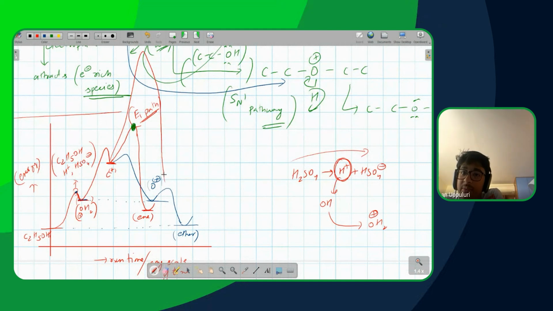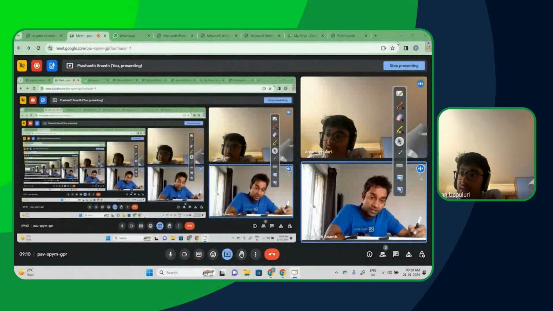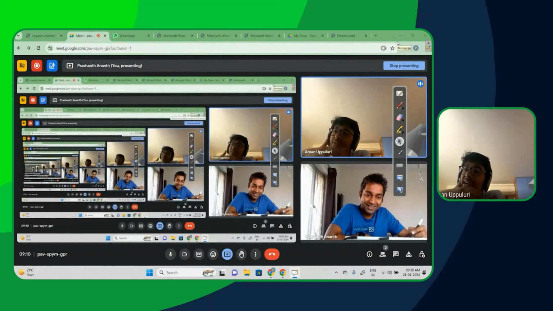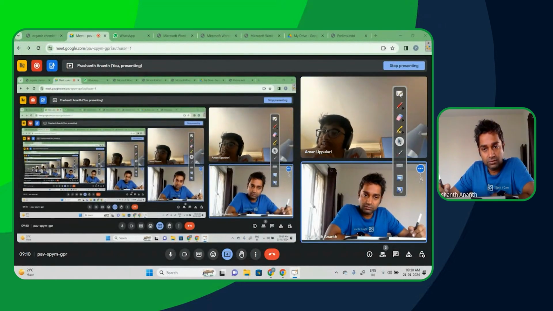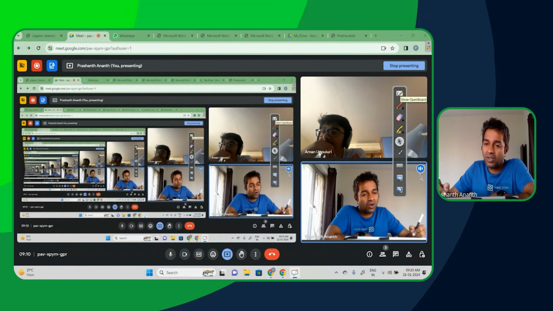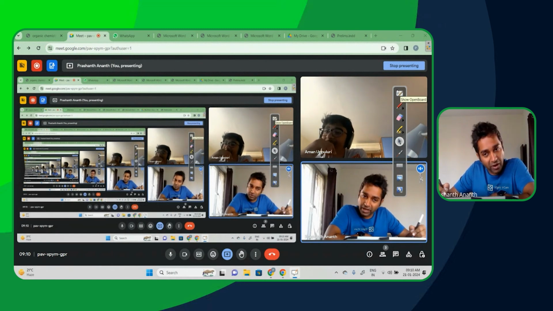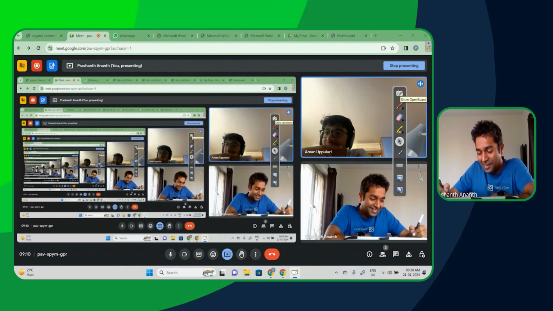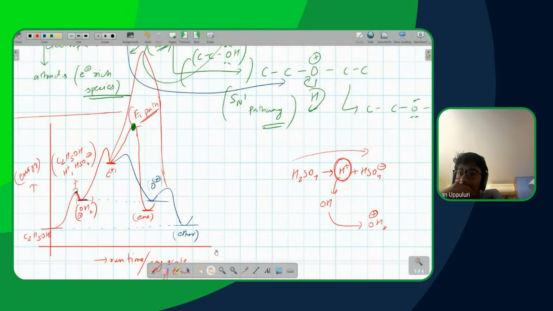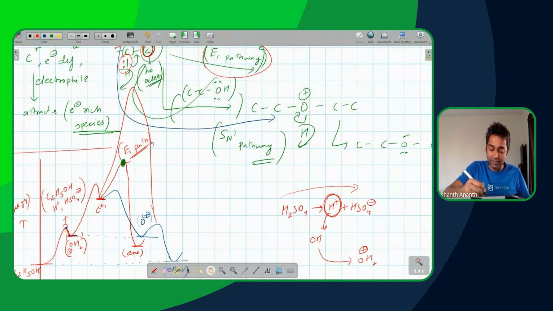Sir, we can't just remove it from the solution, right? I am not removing it, I am just considering it. But we can't remove it, right? We cannot. How can we remove it? We simply cannot. Can I remove all the salt from your body? You cannot, right? Same thing. So effectively, the HSO4 minus path will look like this.